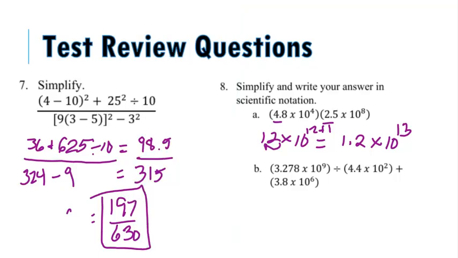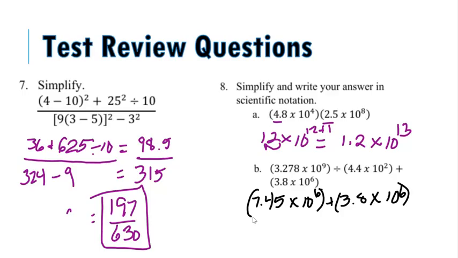So we have 7.45, and this is going to be times 10, and when I divide like bases, I subtract the exponents, so that's going to be 7, but since I lost a decimal place, I have to lose an exponent, so that's actually going to be 6. Then I can now add 3.8 times 10 to the 6th,